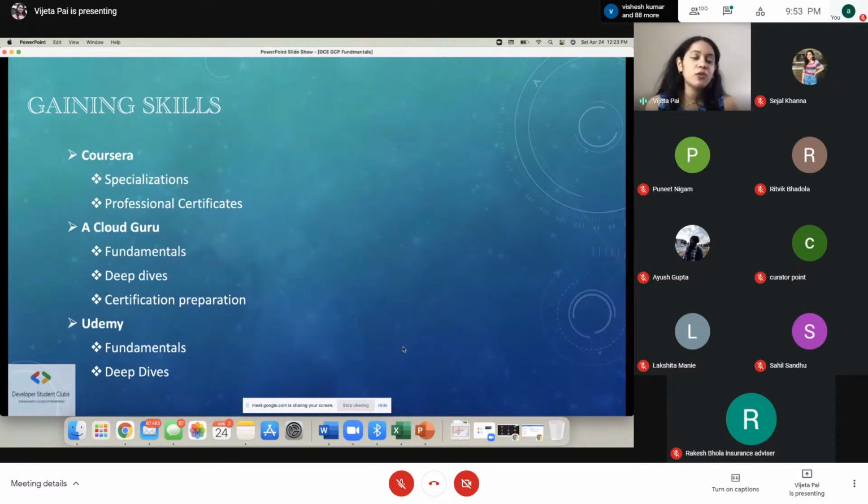Because right now, there are not a lot of people who are Google Cloud certified or who have some of the specializations and professional certificates. So if you have it, you're going to stand out in the market. And since Google Cloud is growing so exponentially, many of the companies actually hire if you have some of these specializations. Also, it's good for you to learn more and more about it so you can contribute and keep growing on it. So these are some of the avenues using which you can gain skills.